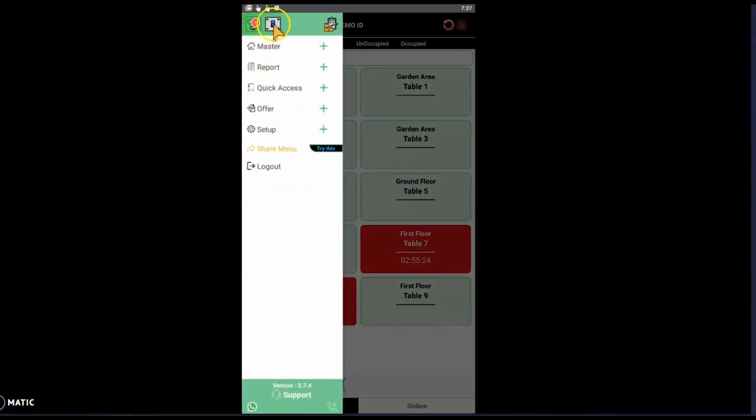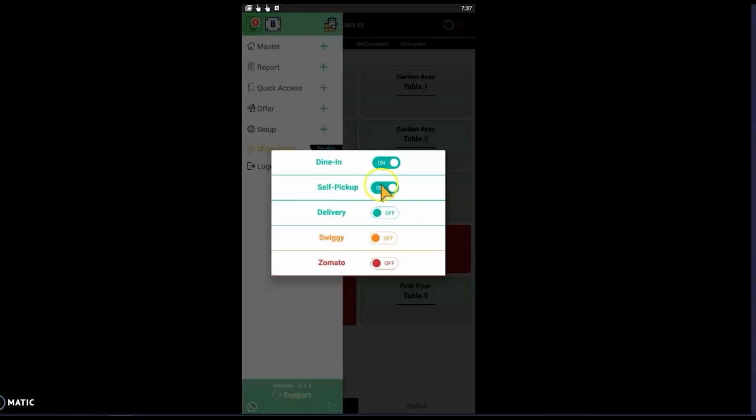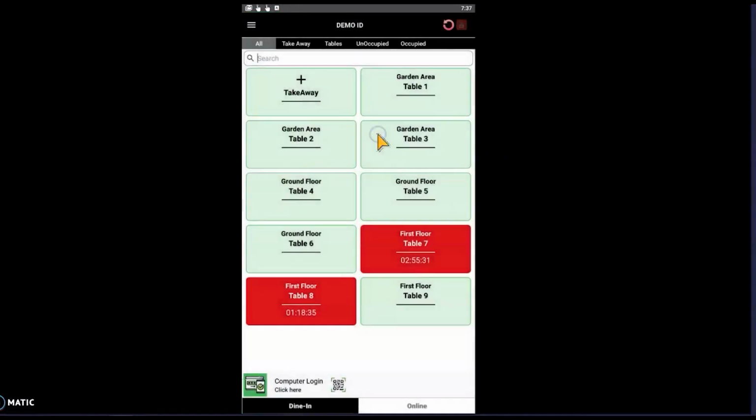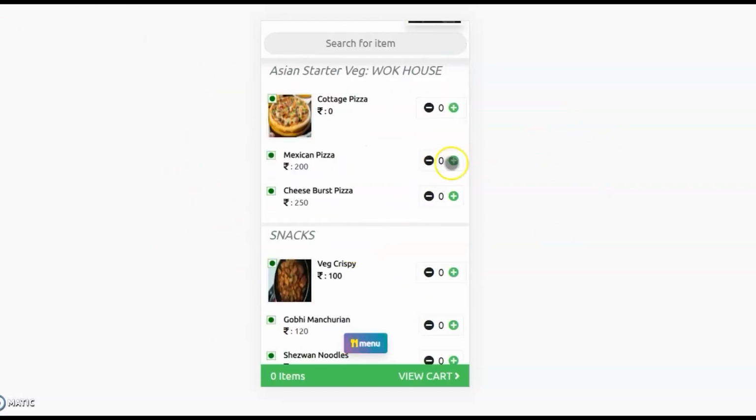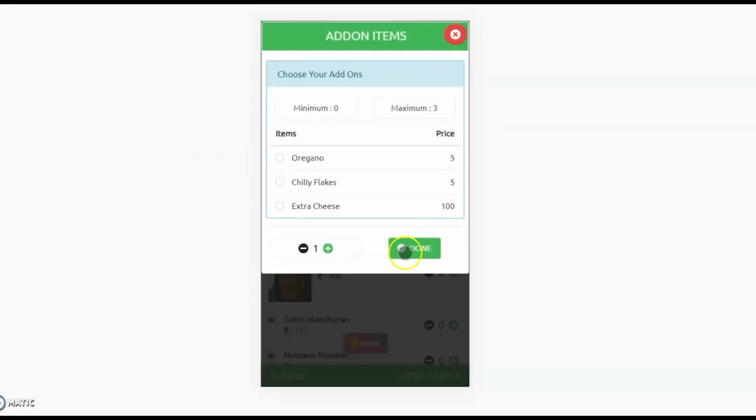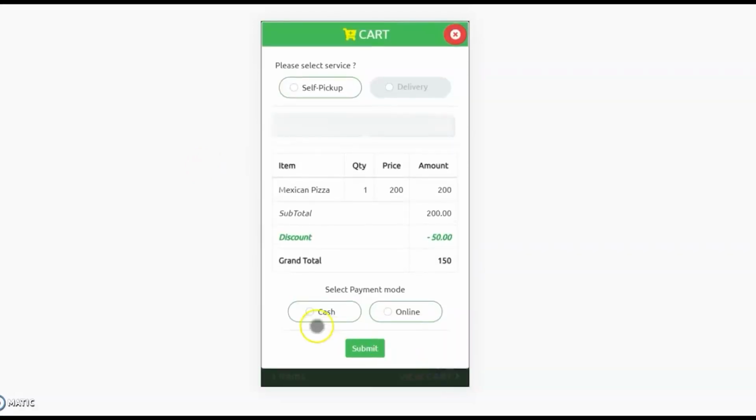Also, in delivery pickup, which service you want to keep on or off, you can manage it from here. You can also do it from a PC. Here, I have done it from the mobile app. Now, the link which you have sent has reached the customers. When they click on the link, the menu will be displayed on their phone in this way. Simply, it is also displayed like the dining menu. There is only one minor change that I will show you.